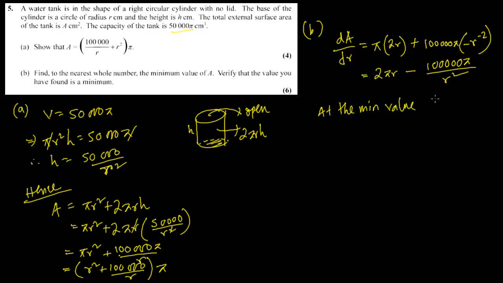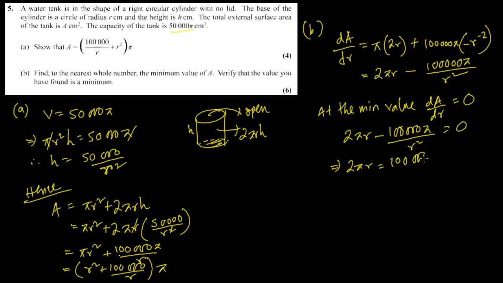So at the turning point, or at the minimum value, dA by dr equals 0. We know the rule of the maximum minimum value. So this is going to be 2 pi r minus 100,000 pi divided by r squared. Now the best way to solve equations like that is by bringing everything to the other side. So this is 100,000 pi by r squared,